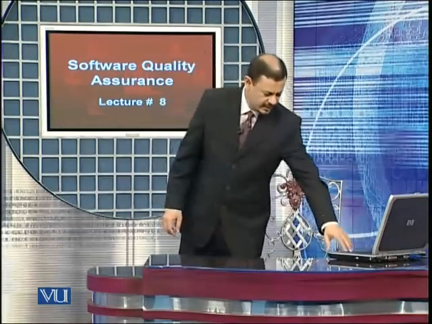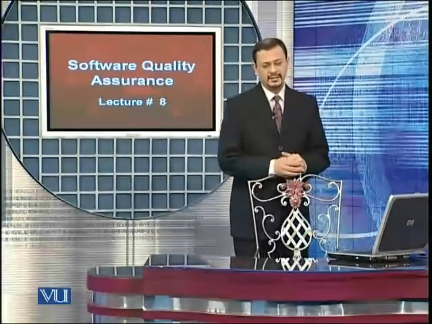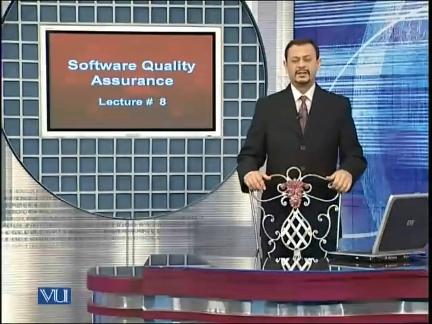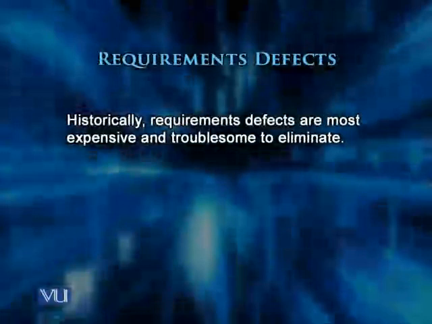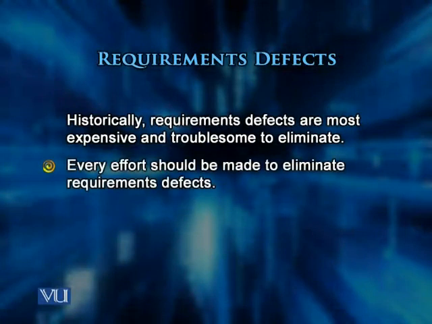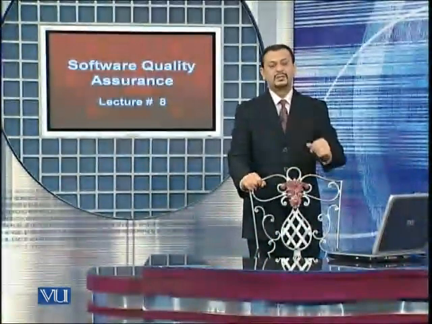And defect discovery by customer is quite embarrassing, and fixing those is quite expensive. Historically, requirements defects are most expensive and troublesome to eliminate. Therefore, every effort should be made to eliminate requirements defects during the requirements